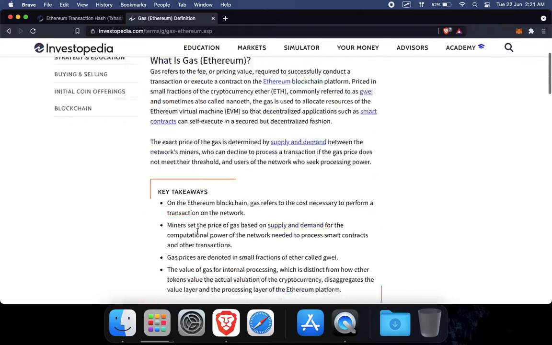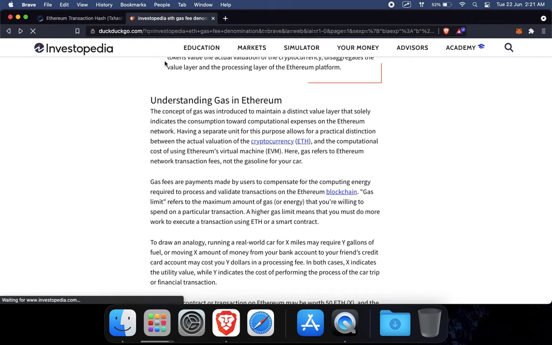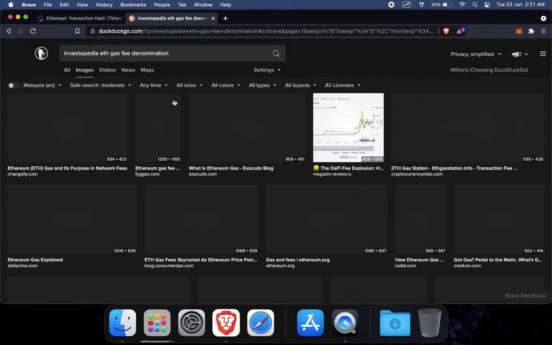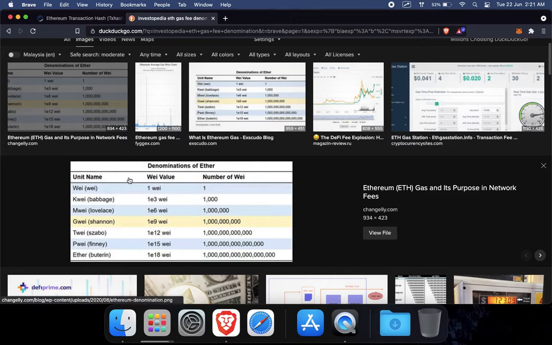There is a chart, I believe. There we go. So 1 Wei is the smallest amount, which is 1, right? Kwei, Mwei, Gwei, or Shannon, which is 1 billion. So 1 billion Wei, right? And Ether is, I don't know what number this is, quintillion: 3, 6, 9, 12, 15,